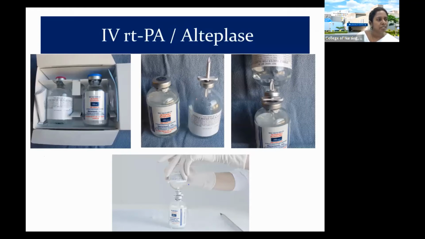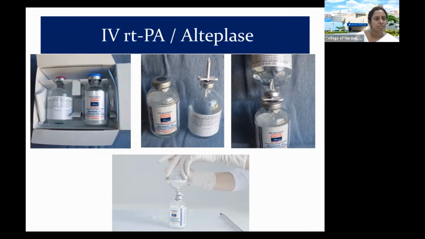We get it in a box. It has the powdered form of the injection, and we have the sterile water, which is the diluent. This connector also comes along with the kit, the medication box that we have. This sterile water and the medication has to be mixed. You don't have to shake it vigorously like how we dilute streptokinase when an MI patient comes. Do not shake it too much so that a lot of air bubbles are formed. Just mix it in a manner that not many air bubbles are formed, and once it is diluted, we load it in a 50 cc syringe.